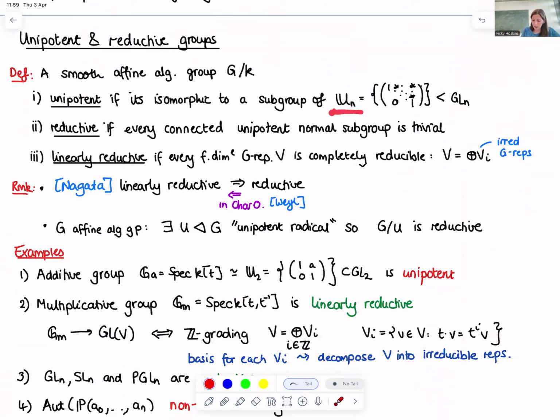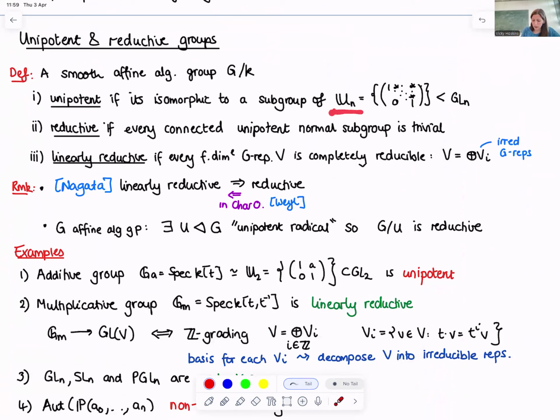Then you take a basis for each V_i, and this allows you to decompose V into irreducible representations. So this is why it's linearly reductive. And the same is true when you look at a torus as well. You could look at G_m^n, and then you get a Z^n-grading. And this is a general thing about actions of